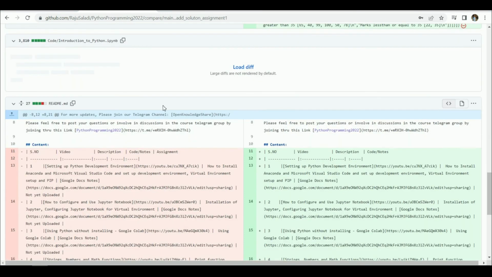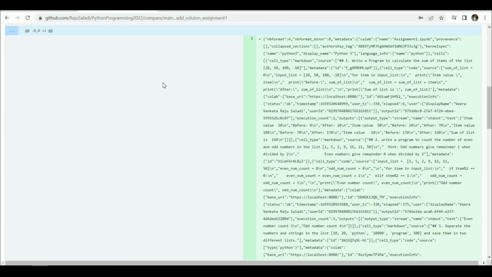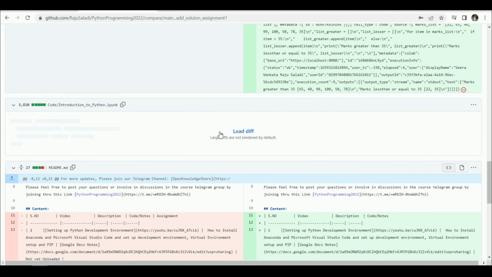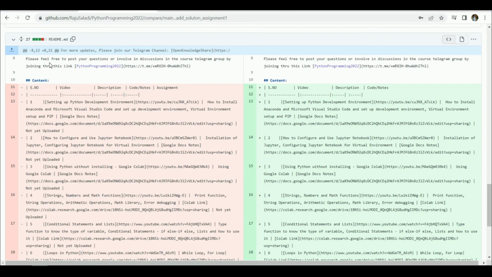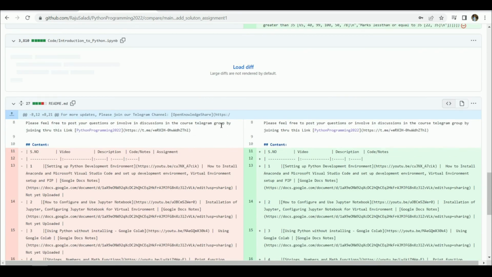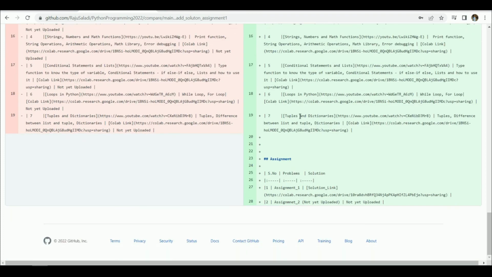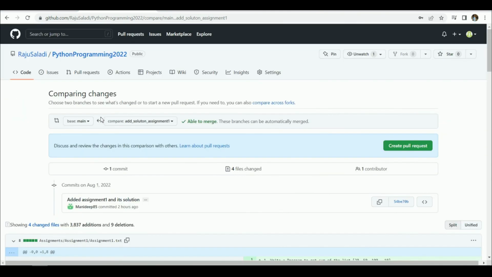Because we have only added the new file here, on the left side it is empty and the right side is the new file. And similarly there is a notebook which also has come here, and similarly a readme file where we can see the changes here. These are the lines which don't have any change till line 9, and from here we have a few changes which are indicated in red. These are the lines which have some change, and in the same way in the other case it is green. So you can see till here it is a modification, and from here it is new lines which have been added. So if you are okay with these changes and you feel that they should go into main,